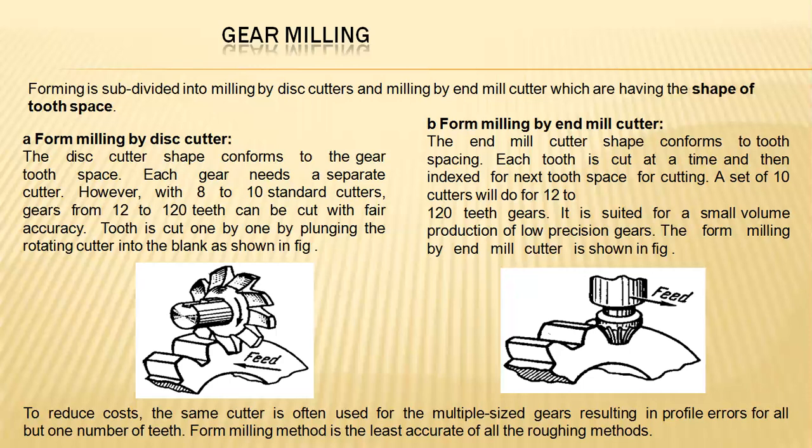In order to reduce the economical criteria, the same gear is utilized multiple number of times for manufacturing multiple sized gears. That used to result in profile errors between one tooth and another tooth. Majorly, in the case of this form milling method,